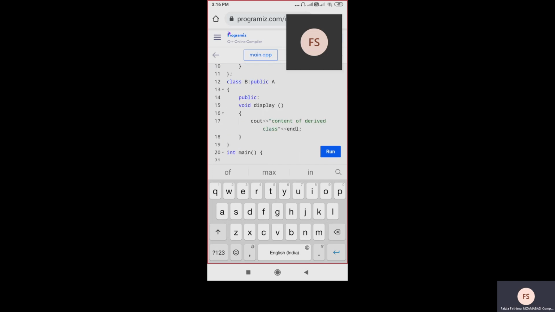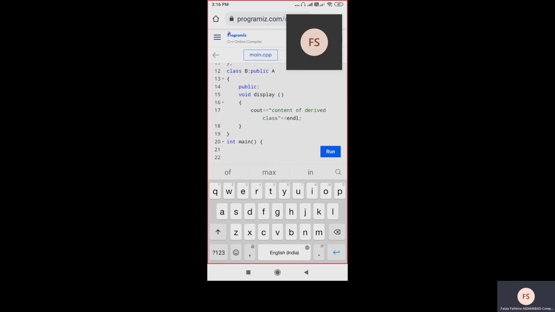After that, I am creating int main. In that, first I am giving a pointer to the base class, A star B. I am giving a base class pointer. Same here, I am declaring an object for class B as D. D is an object of the derived class.